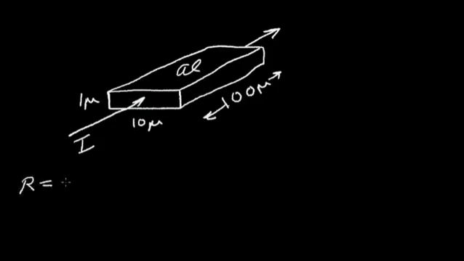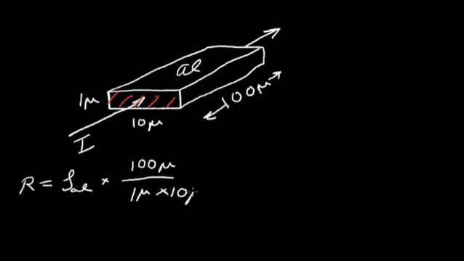Resistance R is equal to the resistivity of the aluminum times the length, in this case, which is 100 microns, divided by the cross-sectional area, which, in this case, is this area here, which is 1 micron times 10 microns. So this we can rewrite as